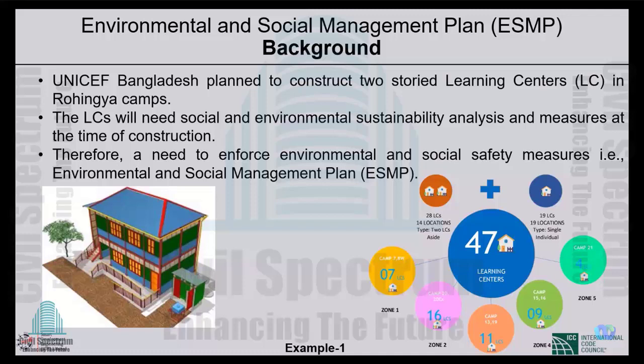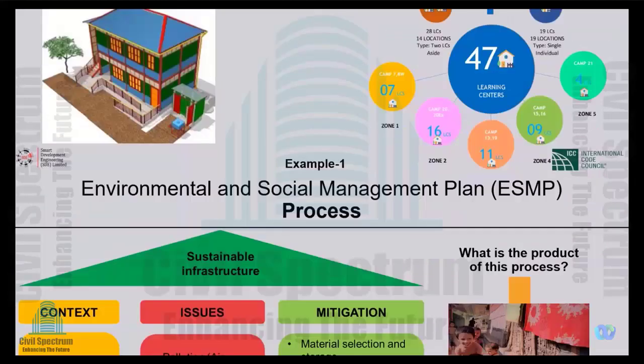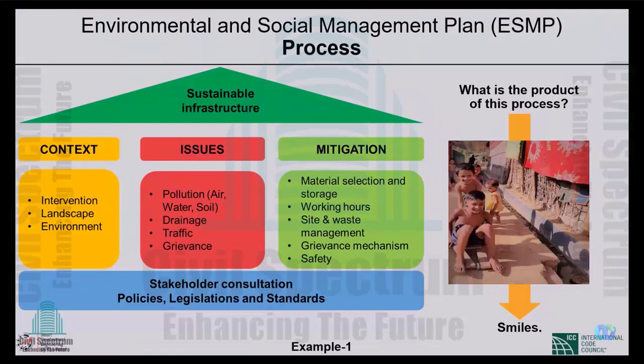And in order to build two-storied semi-permanent buildings, we suggest these are the things we look at. First, we look at the context: why it is needed, where the location is, the hydrology, the environment, and the service that it is supposed to provide to society. Education support. So it is going to use a toilet. How much water do they need?